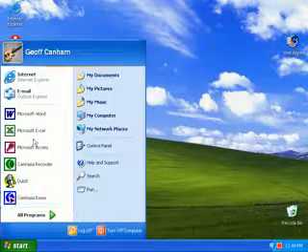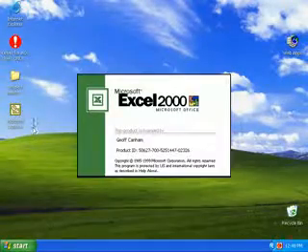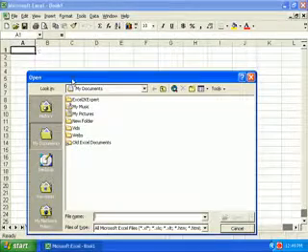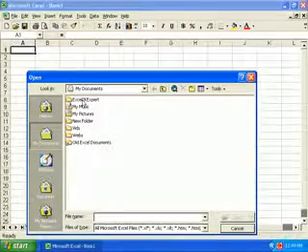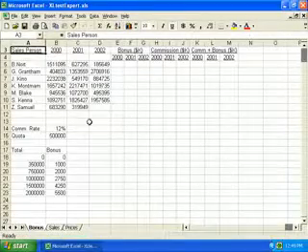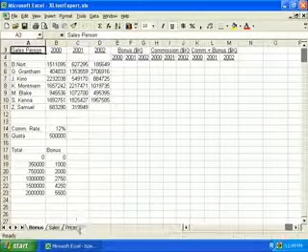Well, let's get started by opening Excel, and then we want to browse to our Excel 2K Expert folder in My Documents and open Excel Test Expert. And on the Prices tab,